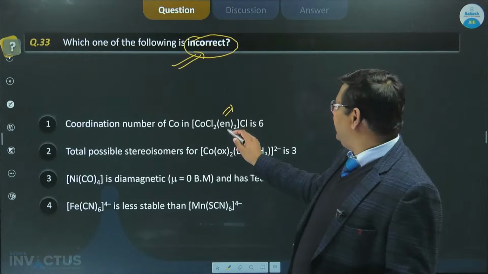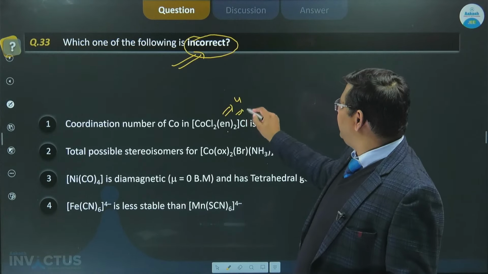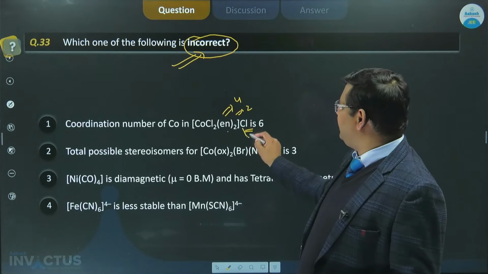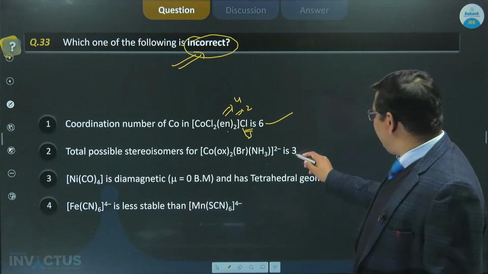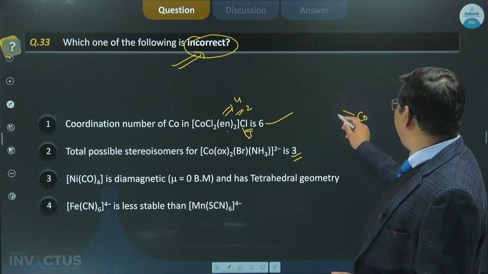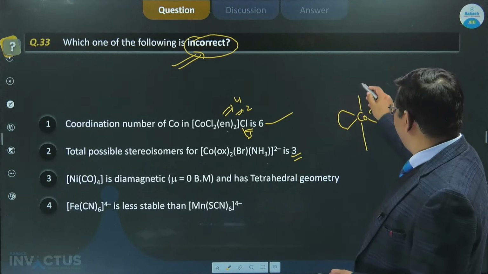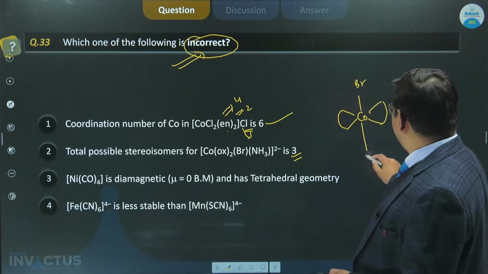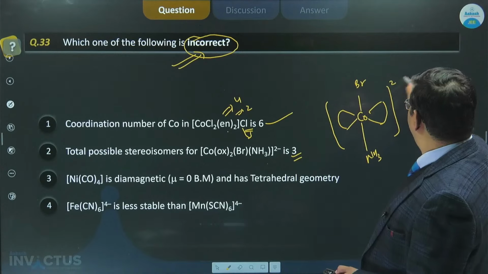तो कोऑर्डिनेशन नंबर ऑफ कोबाल्ट, तो कोबाल्ट का कोऑर्डिनेशन नंबर देखो, en आपका बाइडेंटेड लिगेंड है, तो 4 कोऑर्डिनेशन नंबर इससे हो जाएगा आपके पास, और इससे 2 कोऑर्डिनेशन नंबर हो जाएगा, क्योंकि ये तो आपका आयनाइजेशन स्पेयर का हिस्सा है बच्चों। तो कोऑर्डिनेशन नंबर 6 करेक्ट हो गया। Possible stereoisomers of cobalt oxalate, तो again ये बाइडेंटेड लिगेंड है, तो बाइडेंटेड लिगेंड को you will keep only cis position। तो like आपने Br यहां लगा दिया और NH3 यहां लगा दिया बच्चों, ठीक है।